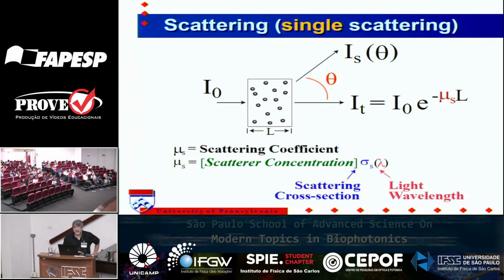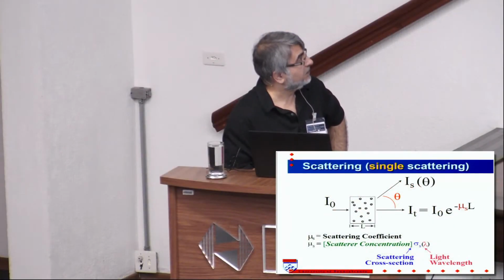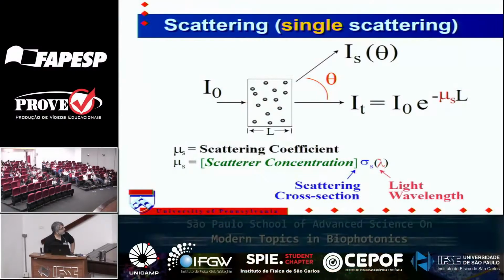The other one, though, that we have to think about, and it's important also, is scattering. Okay, so just imagine now we have a sample, again, water. Don't put any fluorophores or dyes in it. Just put particles in it or macromolecules that can scatter the light, okay? And so here we can do the same experiment: shine in light I0, measure some transmitted intensity, and if we're in the limit where there's single scattering, so that there's either no scattering event or one scattering event as the light traverses this medium, then again, this will depend exponentially on the sample length